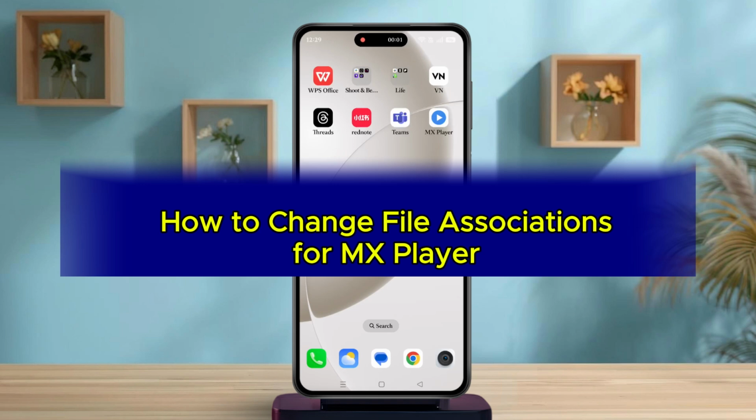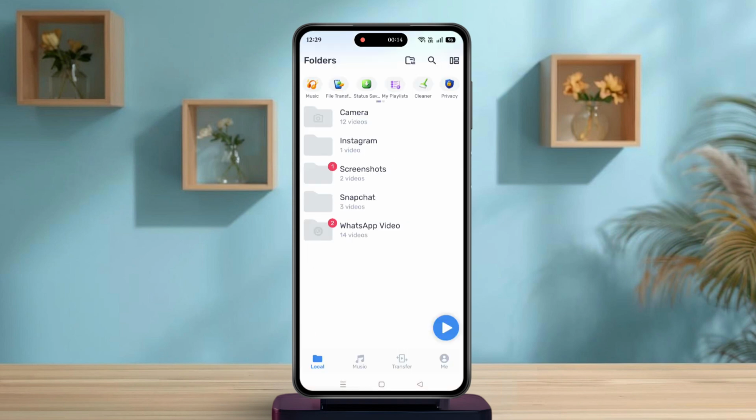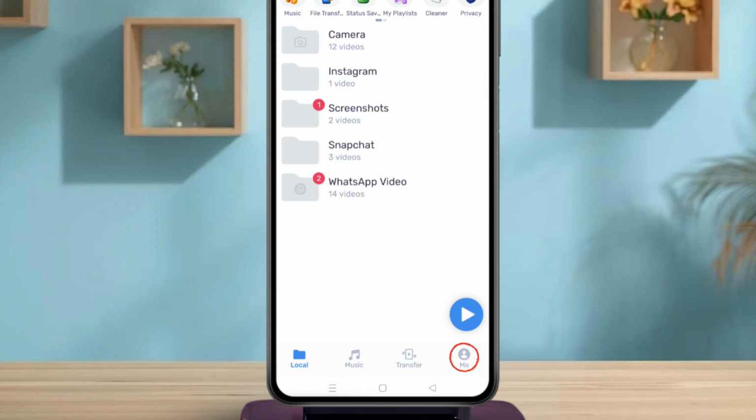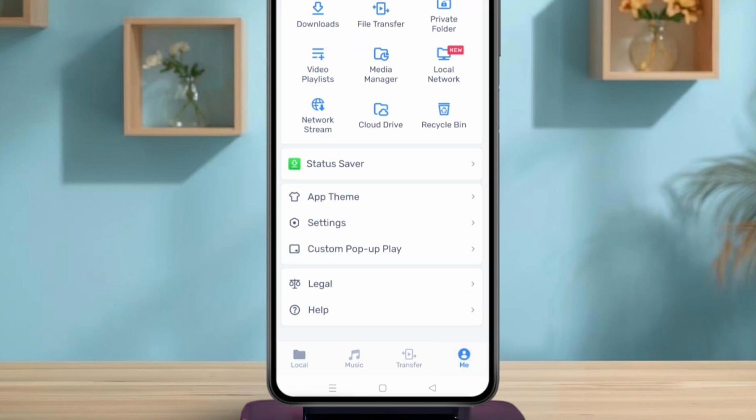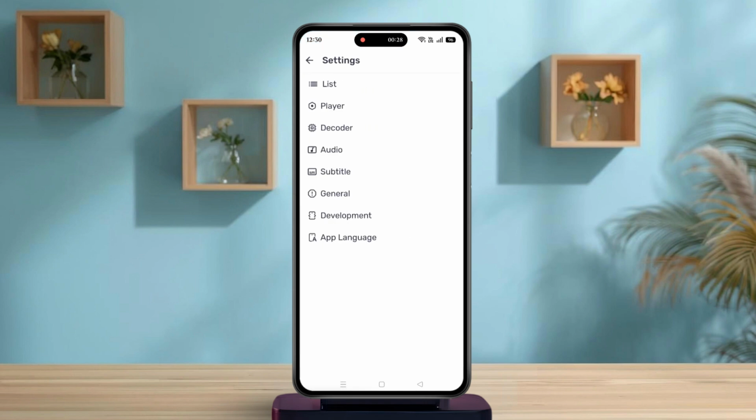How to change file associations for MX Player. First, open the MX Player app on your phone. Now, tap on the Me or Profile option in the bottom right corner. Then open Settings. As you can see, there isn't a File Associations option available in the latest version of MX